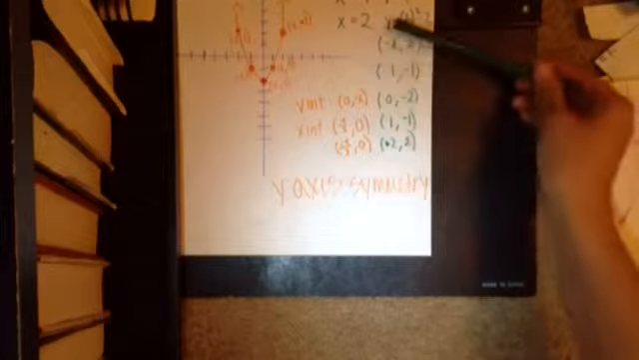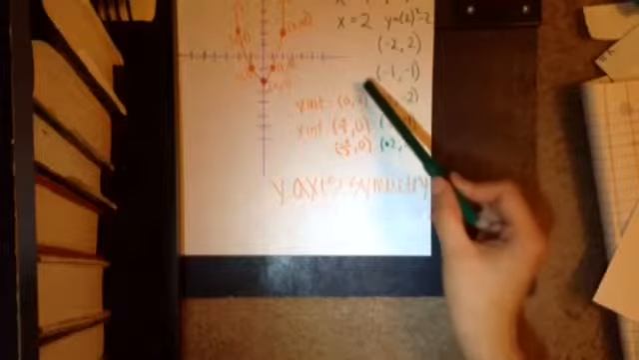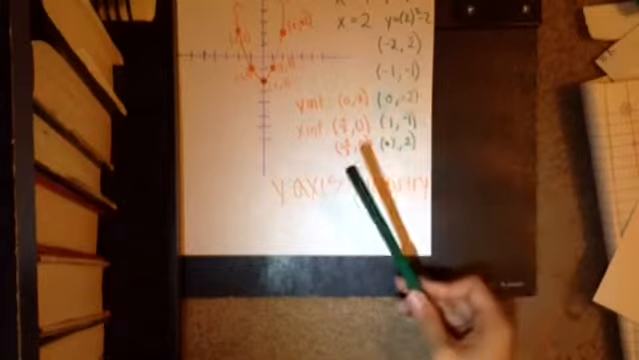So we're going to check all of these sets of points for their opposites. The opposite of negative 2, comma 2 would be 2, comma negative 2, and we do not have that in the graph. The opposite of negative 1, comma negative 1 would be 1, comma 1, and we do not have that. So now that we've checked all of them, we can say that this graph does not have an origin